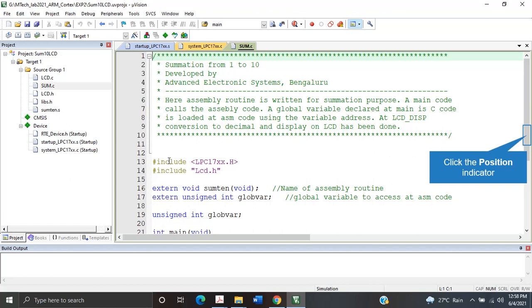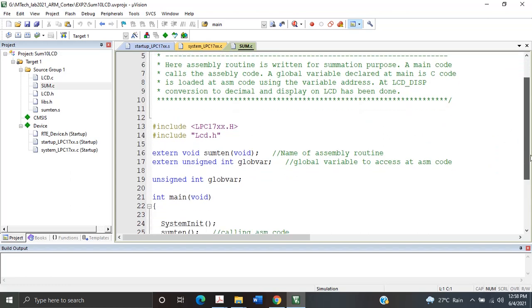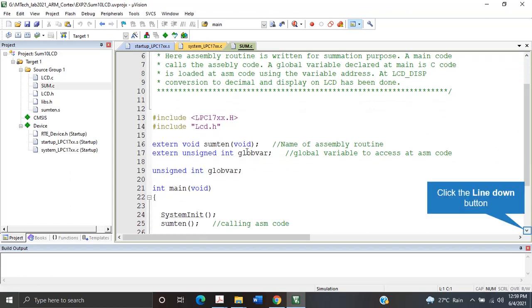So it is totally unaware in the compile time from where it is being fetched. In the link time it becomes aware, right? So extern unsigned int global var is also declared somewhere other than this source file. So this is a variable declaration. So he has declared the global variable outside, and here also he is declaring one global variable, and that can be used anywhere else.